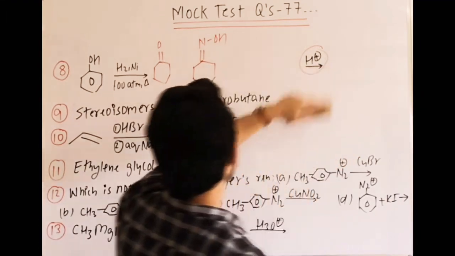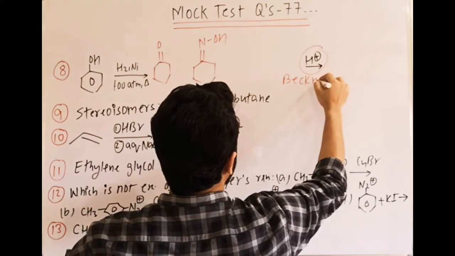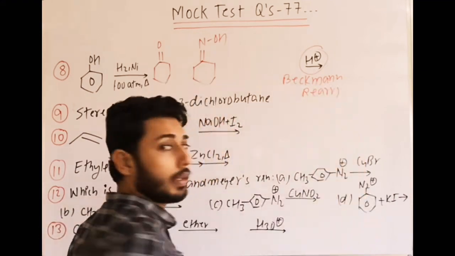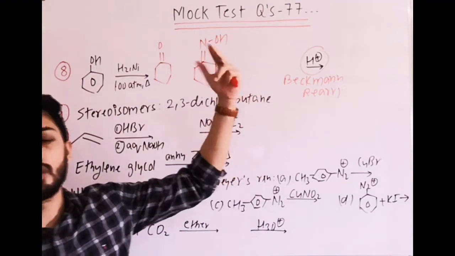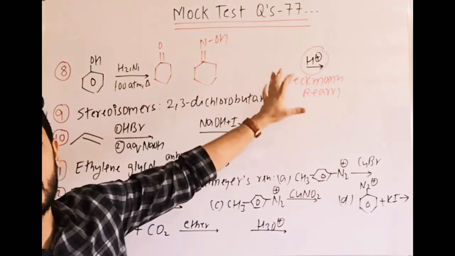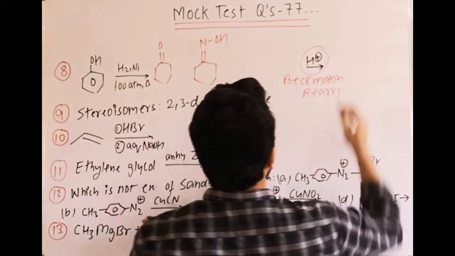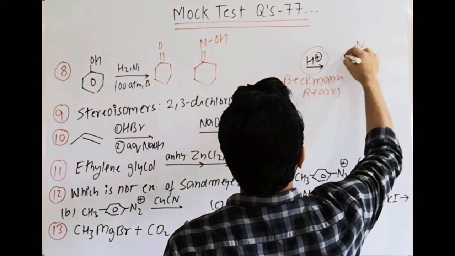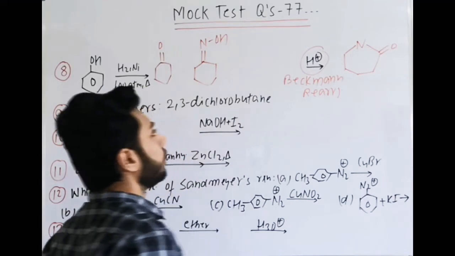So if you remember this one, oxime with H plus is a particular name reaction, which is the Beckmann rearrangement. Which rearrangement? Beckmann. And its mechanism also I have explained. Maybe in any mock test, in the description you can see some reactions are covered as asked by the NTA. So there I have mentioned its mechanism, in which protonation takes place, water is released and ring expansion takes place, and gives the formation of caprolactam.